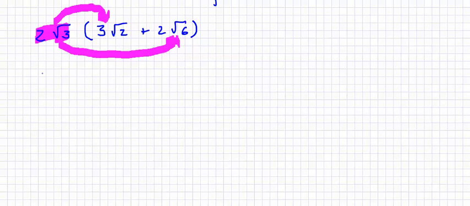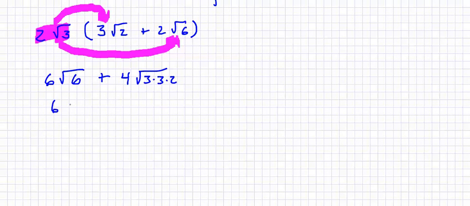So we have 2 times 3, the outside parts, and square root of 3 times square root of 2, square root of 6, plus 2 times 2, the outside parts,